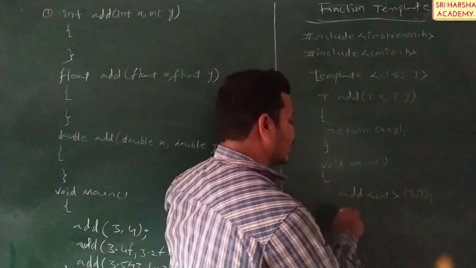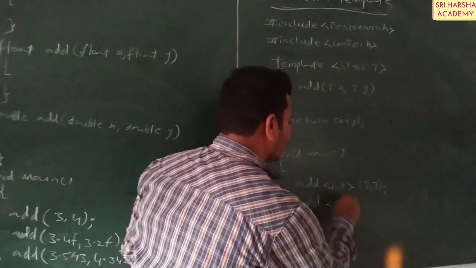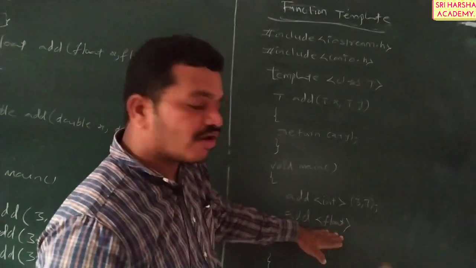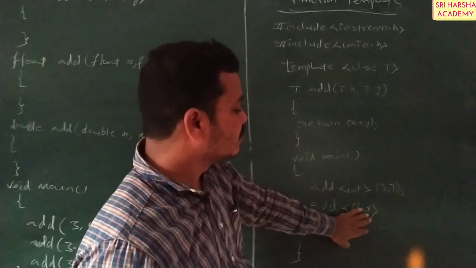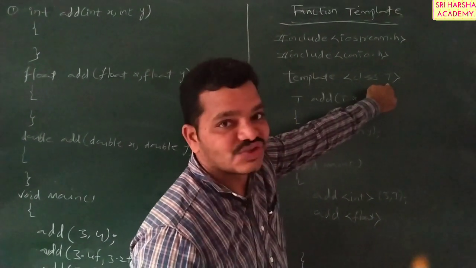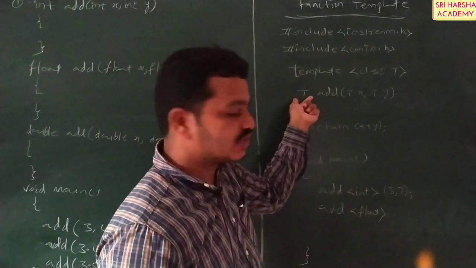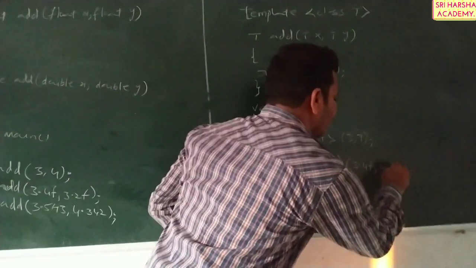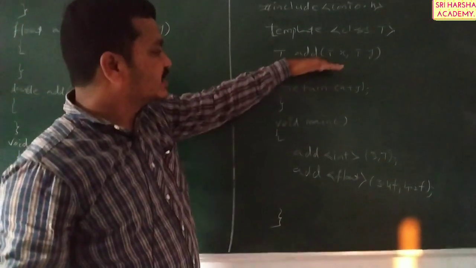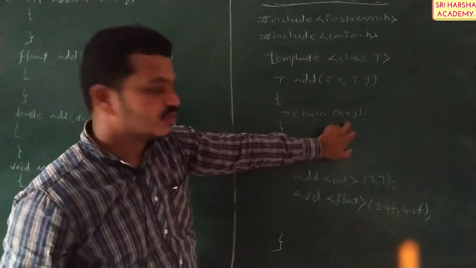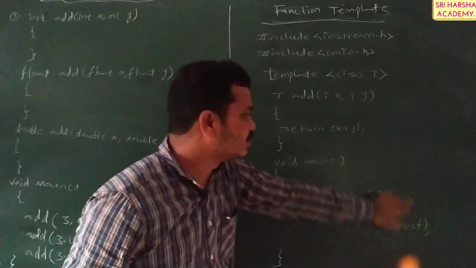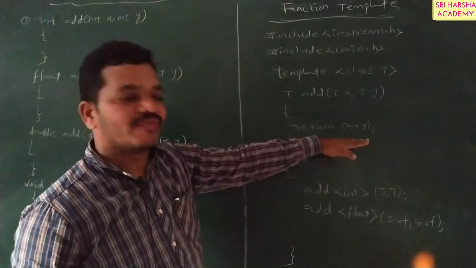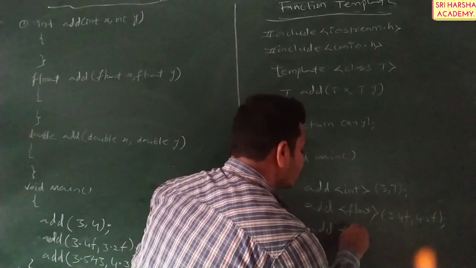Next I pass float values. When we call this function add of float, T acts as float, and here also T acts as float. Now we pass the values 3.4 and 4.2, that is, floating values. This function returns the floating sum of 3.4 plus 4.2. Next, addition of double,